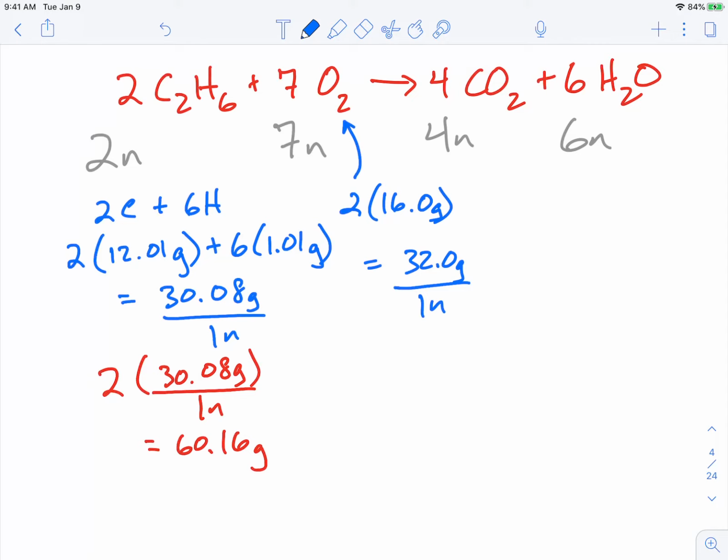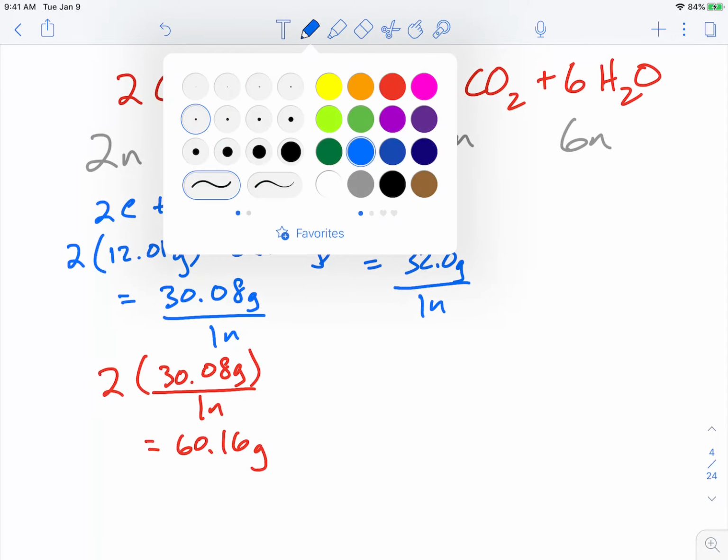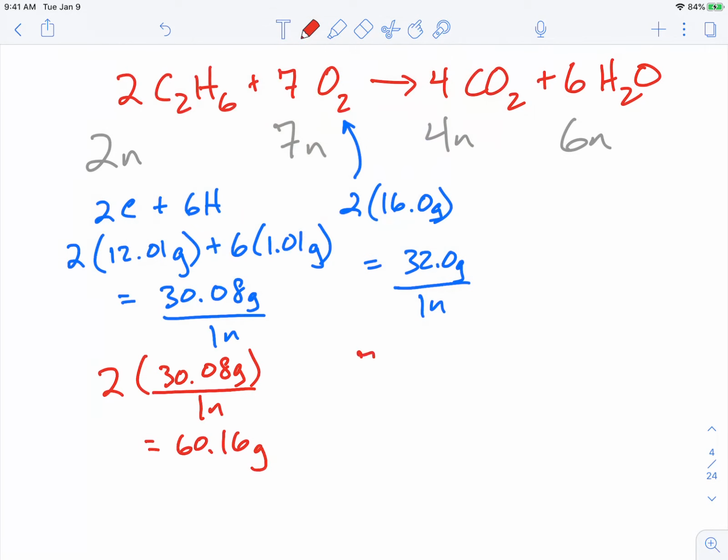Now here's where we incorporate our coefficient. Now that we have 7 of them, I'm going to take 7 times my 32.0 grams for every 1 mole, and multiplying that out gives me 224 grams. So what that tells me is that if I wanted to perform this equation exactly as it's written,